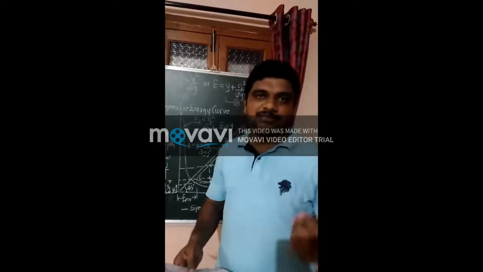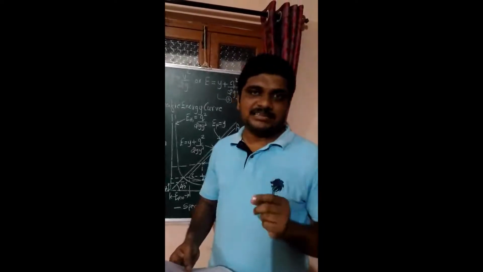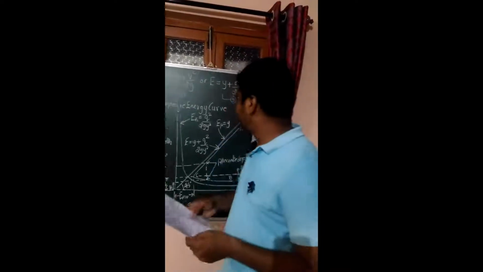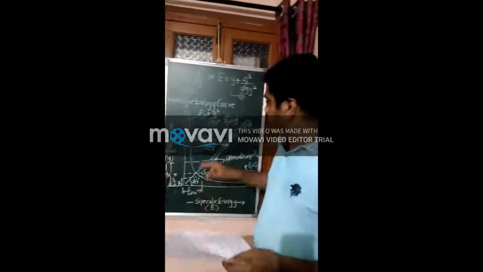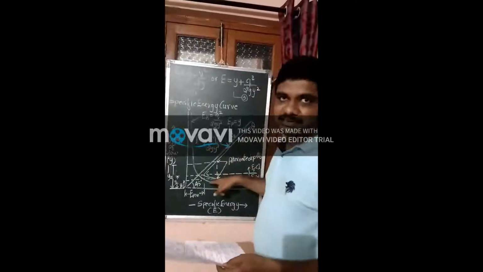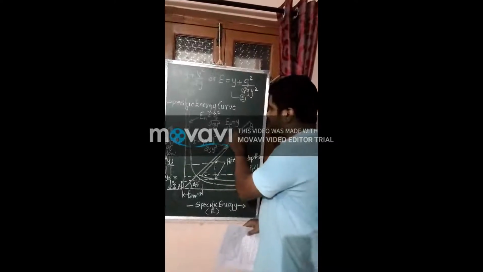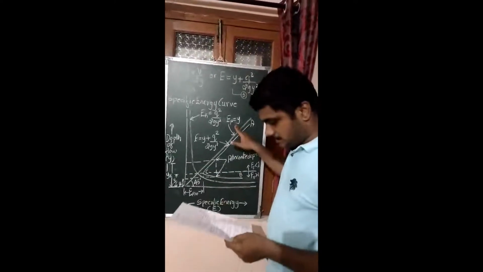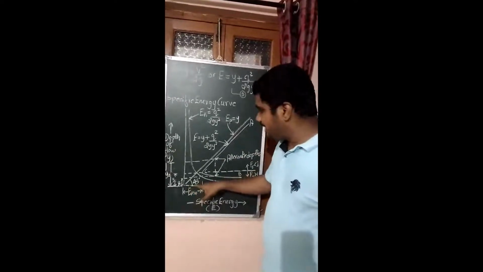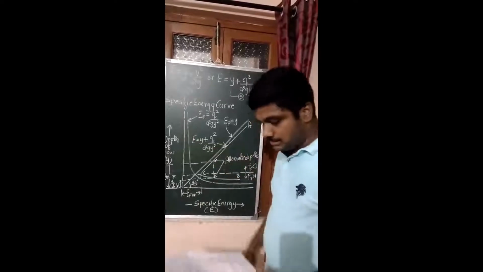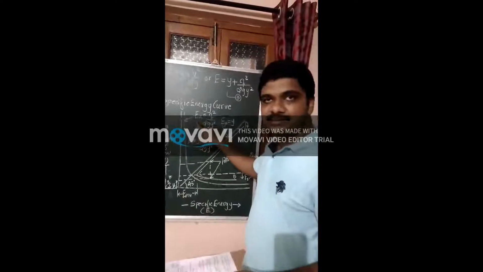If you recall, specific energy has two components. One is potential energy component and kinetic energy component. So this specific energy curve has 5 characteristics. The characteristic 1, the curve for potential energy is a straight line. Now, the curve for potential energy, here it is represented by EP. EP is equals to Y. So this curve is a straight line and it passes through origin O, making an angle 45 degrees with both the axes.